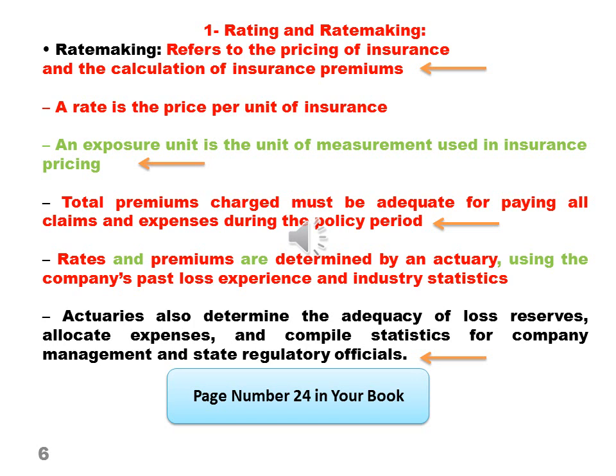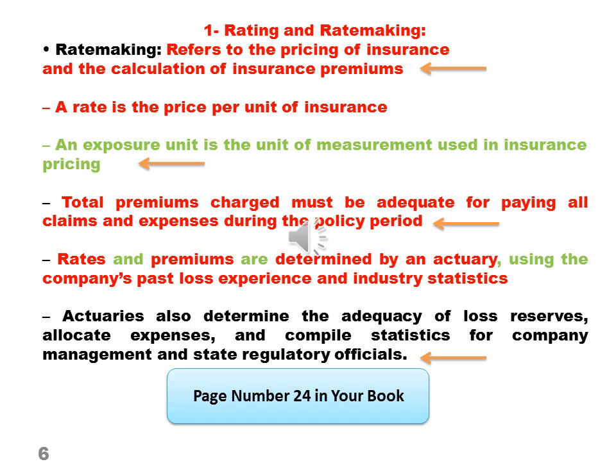Rates and premiums must be determined by an actuary using the company's past loss experience and industry statistics. Actuaries, the people who make the price for insurance, also determine the adequacy of loss reserves, allocate expenses, and compile statistics for company management